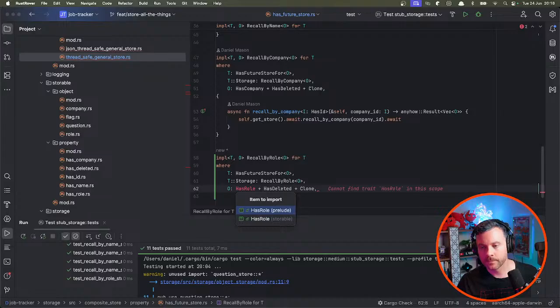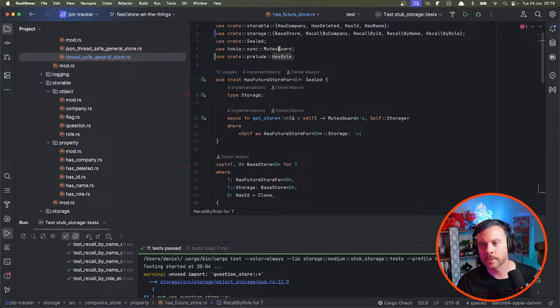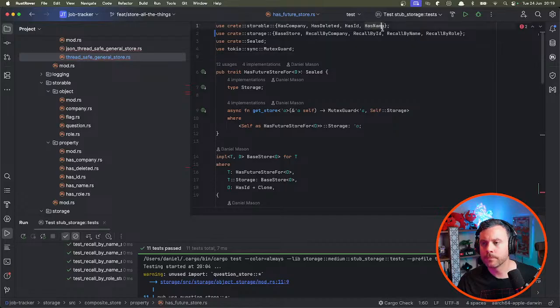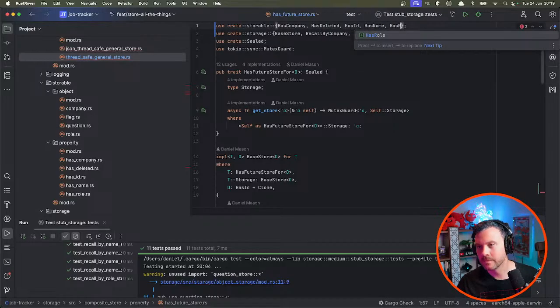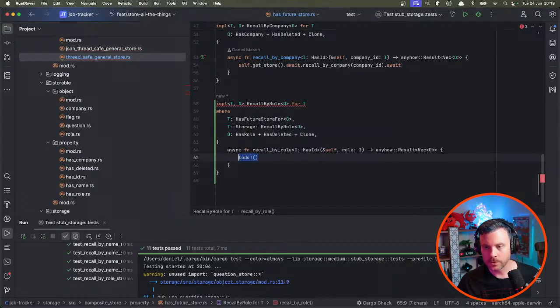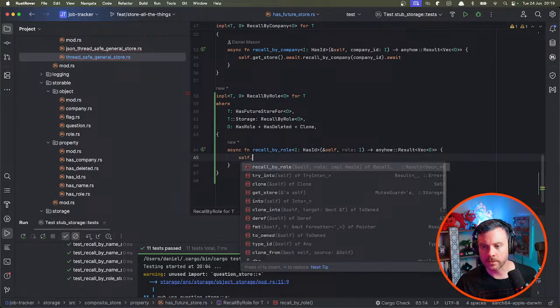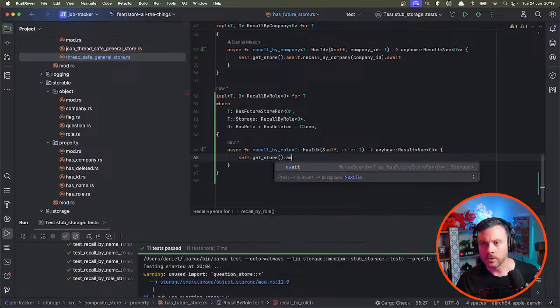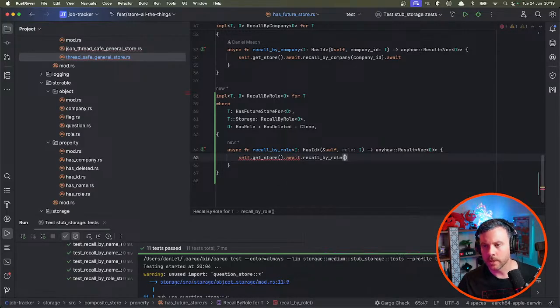Okay. I don't know where I'm guessing this from. Watch me get this wrong as well. Yep. And auto implement that, and then it's literally just going to be self.getStore .await .recall by role